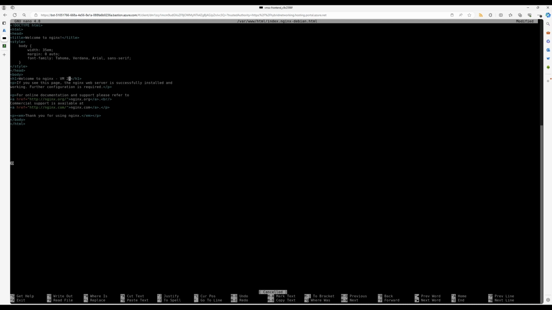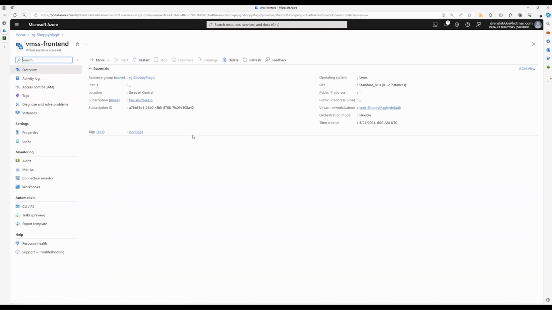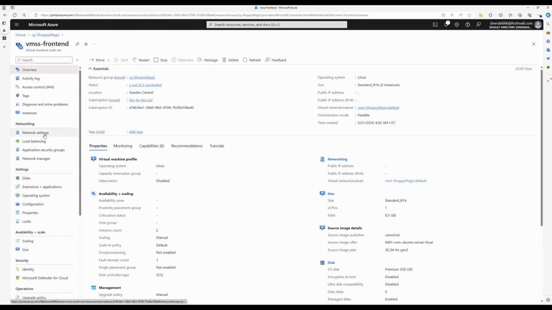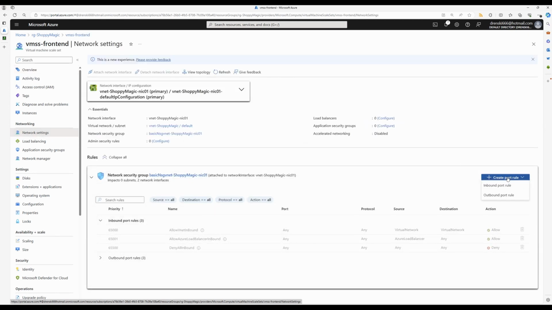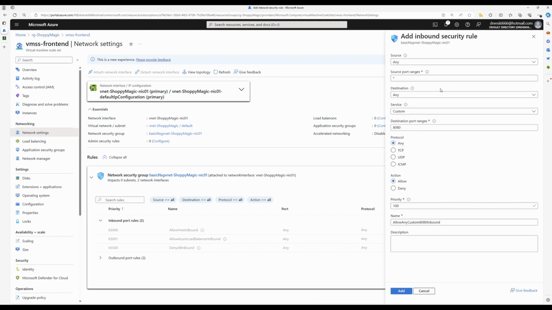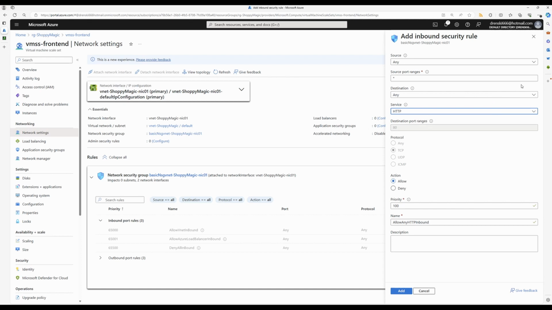So here we are inside the second VM. So I've changed this to VM2 and let's save. Okay, so that's done. Let's go back to the portal. So now we're inside the portal. Let's go to the scale set, and what we need to do now is we need to create an inbound port rule. So that rule would allow traffic through HTTP to this scale set. So this is what we need to do. Okay, just click add,